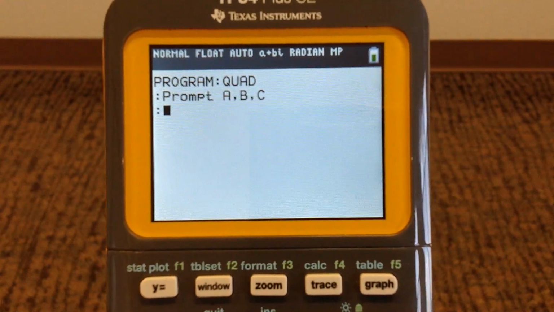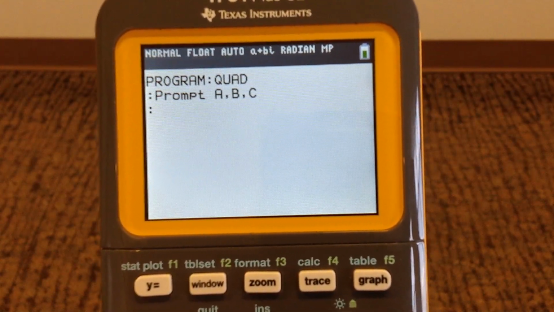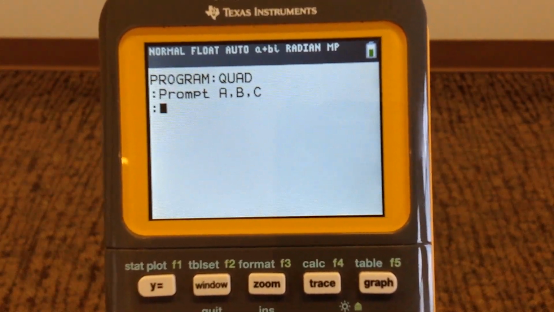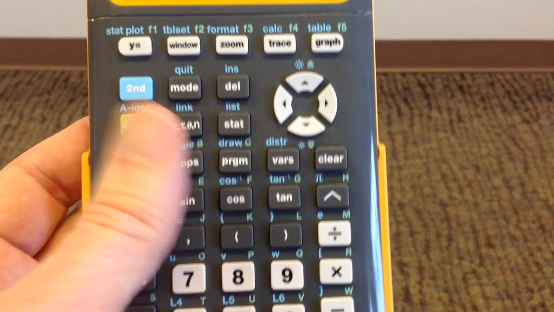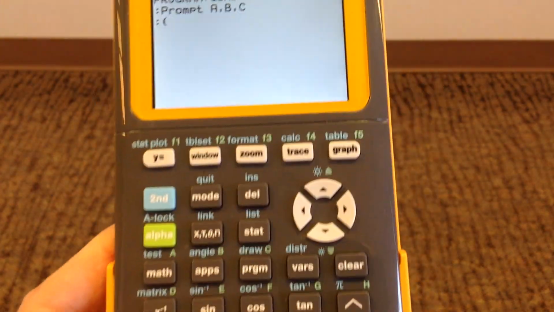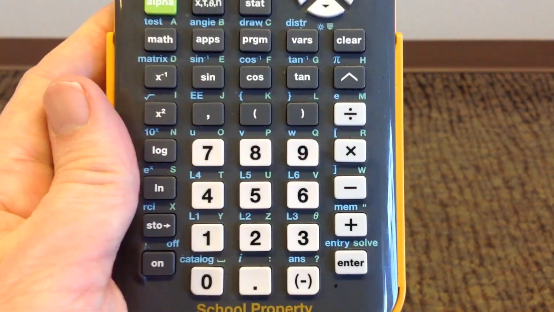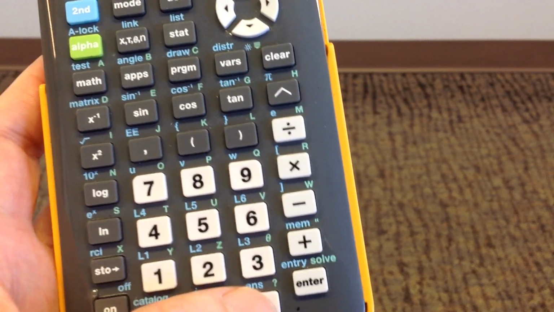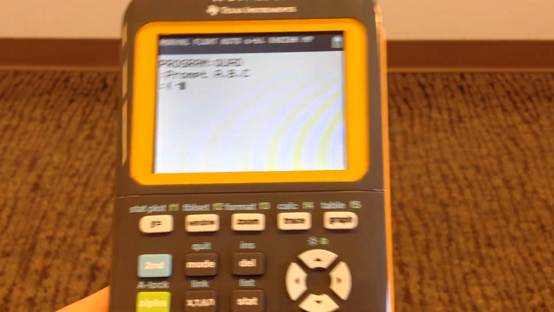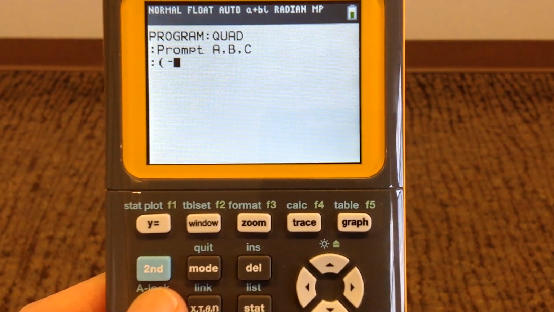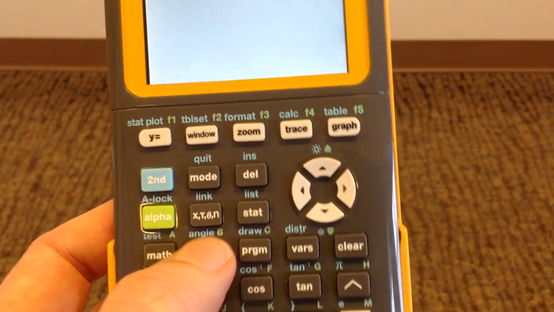Okay, so now we've told the calculator what the values of A, B, and C are, and now we need to calculate the quadratic formula. So we'll need a parentheses first, open up the parentheses, and then we need negative b. And you're going to need to use the negative sign that's down here next to the decimal point. Hit the negative sign. Don't use the subtraction key, use the negative sign. The calculator gets very confused if you try to use the subtraction button here. So we want negative b, so alpha b, and then plus,